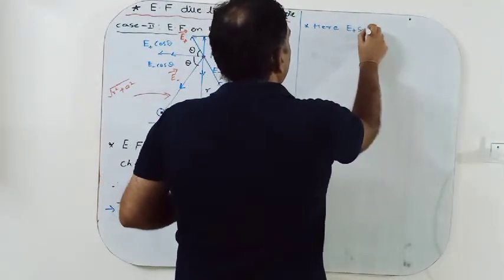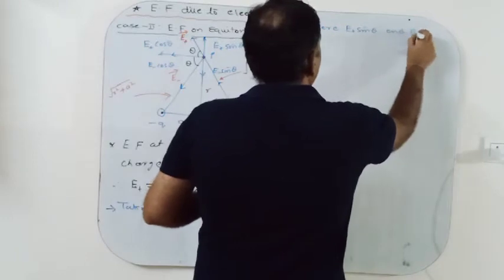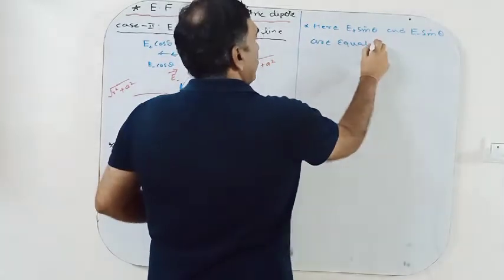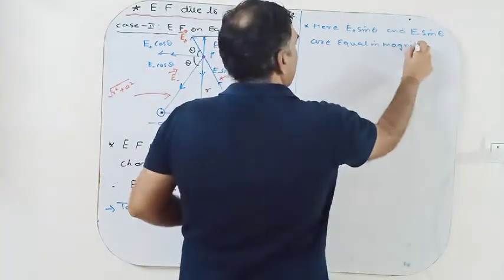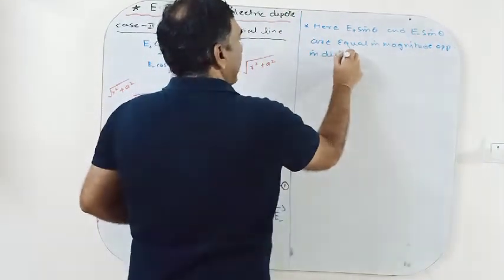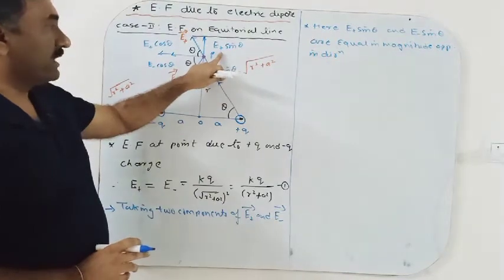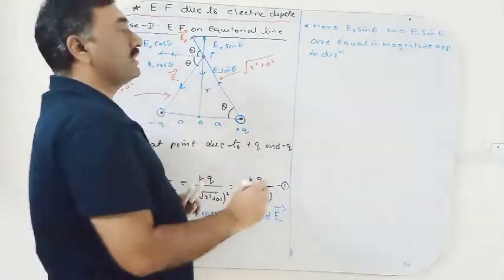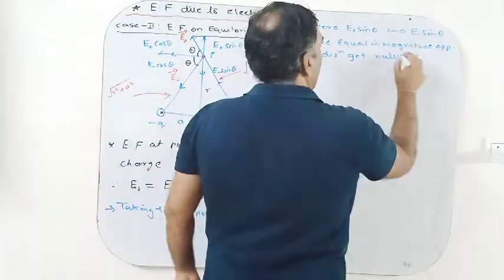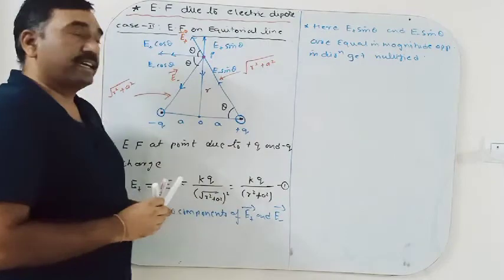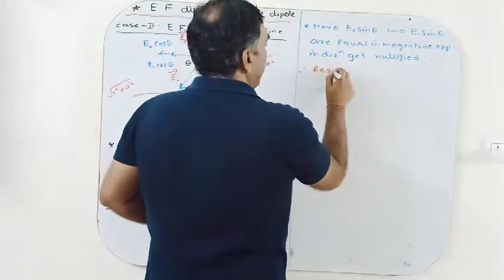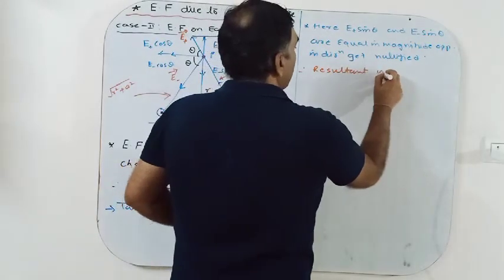So E plus sin theta and E minus sin theta are equal in magnitude, opposite in direction. Therefore these two components, E plus sin theta and E minus sin theta, get nullified. So the vertical components get nullified, and therefore the resultant electric field is given by